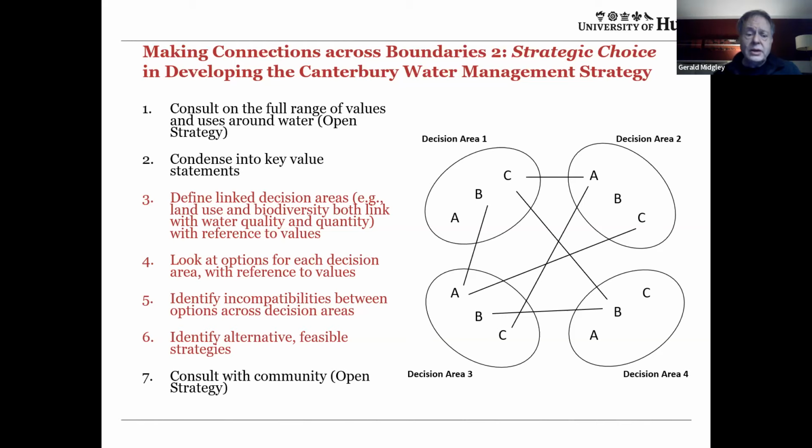Now, when we took out those options to public consultation, it was a completely different atmosphere. There were still people disagreeing in the room, but people were talking reasonably about it, and there was a consensus that this third strategy was the one that needed to go forward. Now, that consensus really spread right across the Canterbury region, but it didn't extend to national government. And what happened is that national government ended up